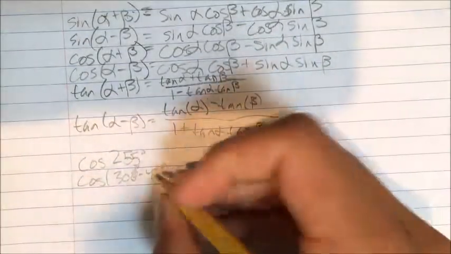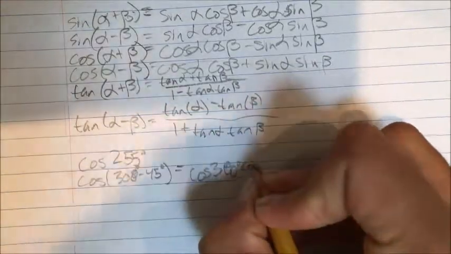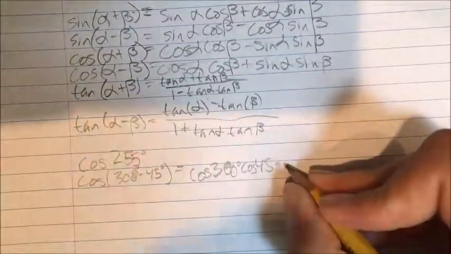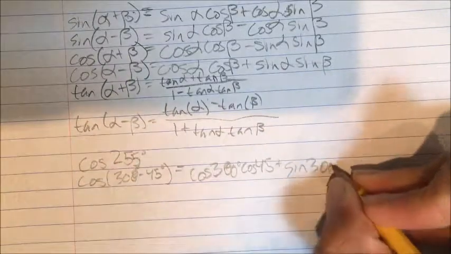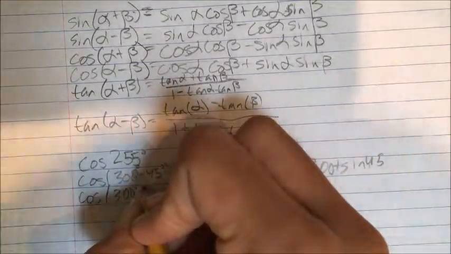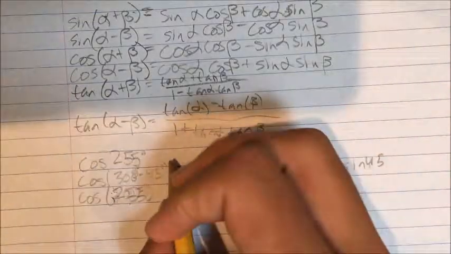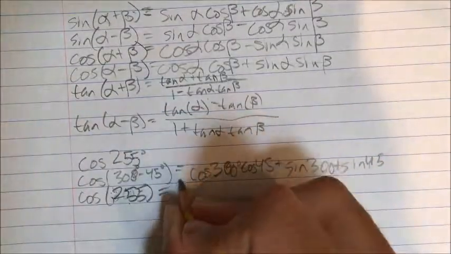And if we use that identity, we get cosine 300 times cosine 45 plus sine 300 times sine 45. And when we start simplifying that, we can simplify this back to cosine 255. Once we simplify this, we'll get 1/2 times root 2 over 2 plus